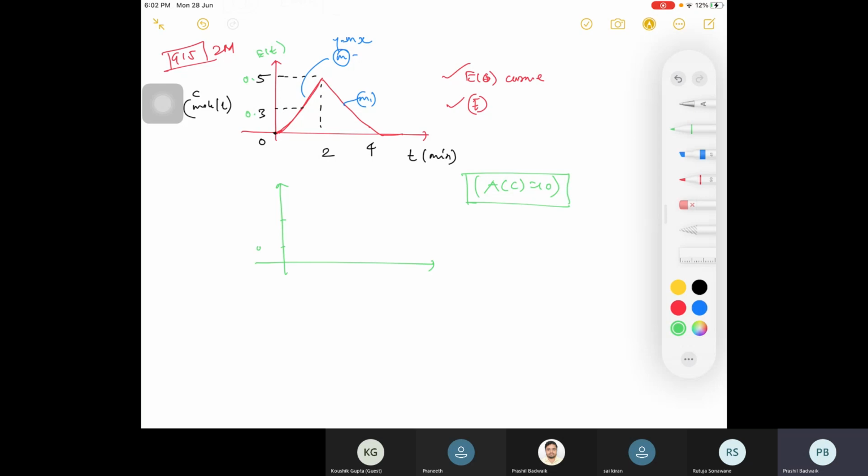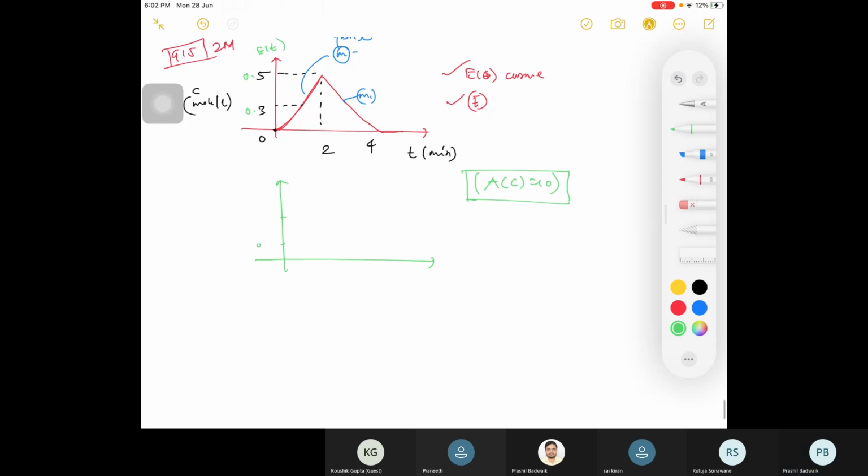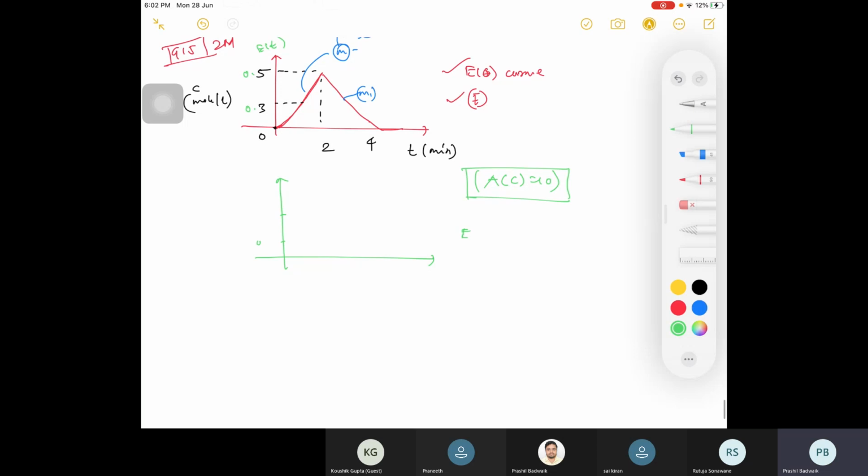How can you calculate ET? Oh, ET you know, E theta and E theta curve. You know what is your E theta? Anyone? Kaushik, can you answer this? What is your E theta? ET into DT, 0.5. Right. So I'll write this formula here. That is your T mean into ET, right? I hope you are aware. T mean into ET, right? So whatever you calculate for ET, just multiply by T mean. So for that you need to calculate T mean first.